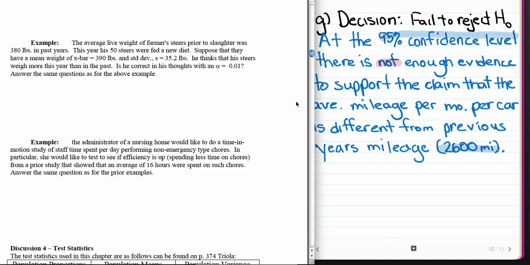Now I want you to try to do these two examples definitely on your own this time around. And I want you to try to do all three parts, and then I will come back and I will write these out for you so that you can see whether you did them correctly or not. And then we will be off and running on our test statistics. So go ahead and pause and then come back and you can review the answers to the next two examples on page 4 of the notes. Okay, so